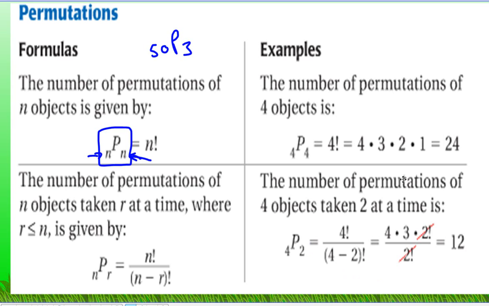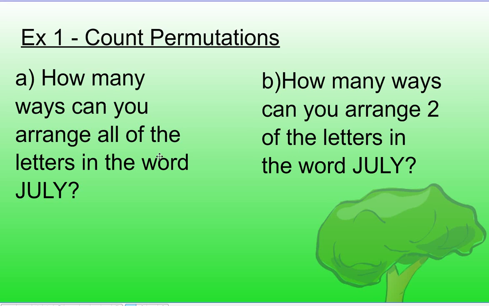There we go. So over 4 minus factorial 2 on the bottom. And then what we can do is we can actually cancel out common factors. Now we'll see how this works out here in a minute. First problem we got here asks us, how many ways can you arrange all of the letters in the